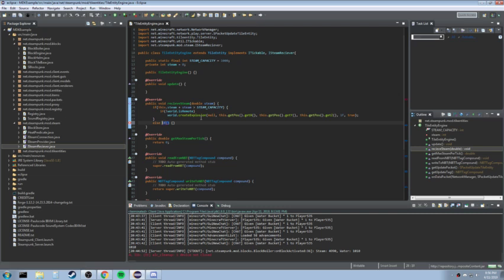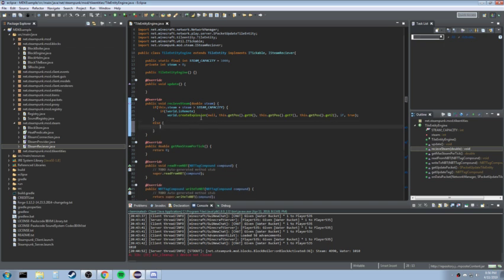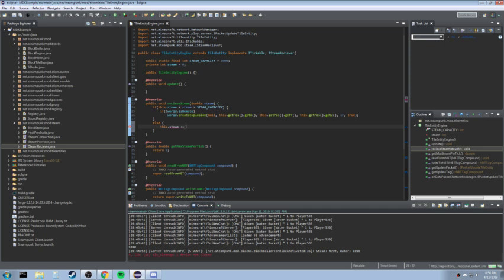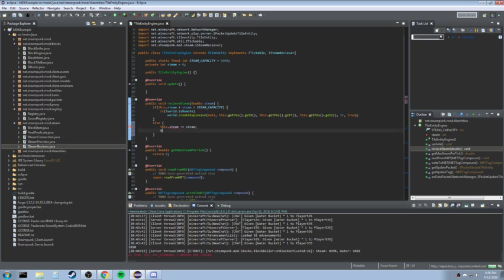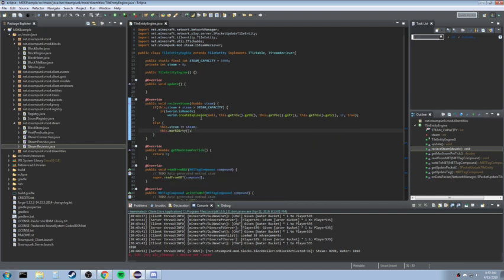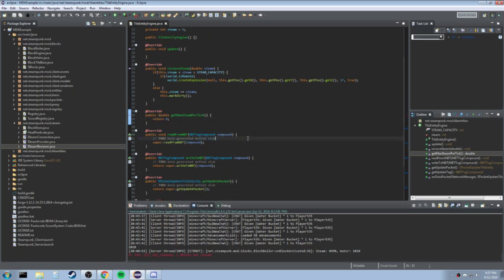So else, if steam is less than that, then what we want to do is this dot steam plus equal to steam. Just set the steam to that steam, and we'll add the steam to our current steam, and call mark dirty, which tells it needs to be saved. This dot get maximum steam per tick. I don't know why this exists, and I feel like it shouldn't, so I'll remove that later. Anyway,